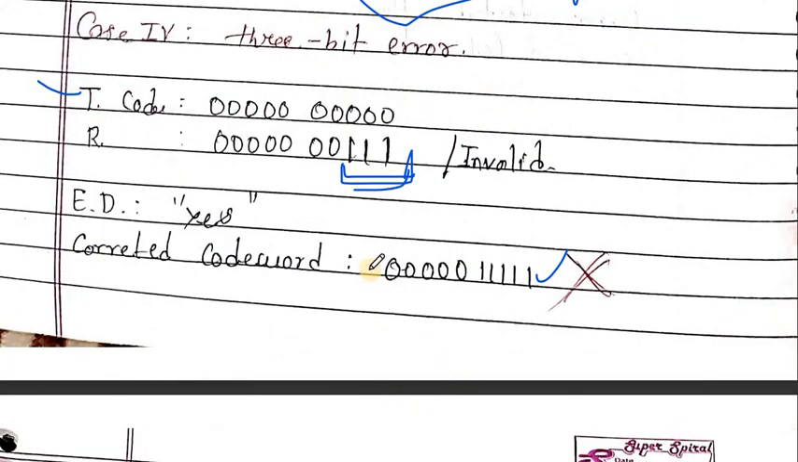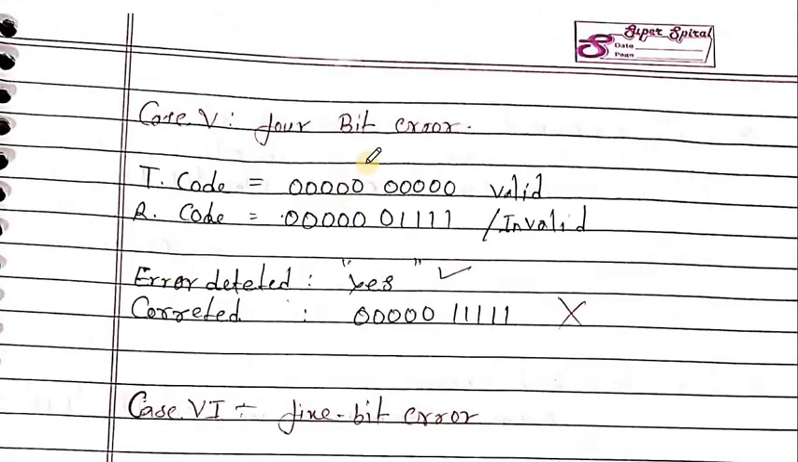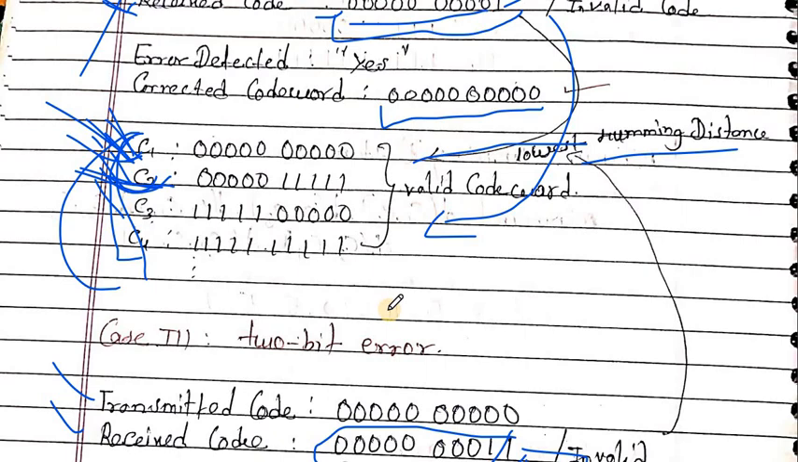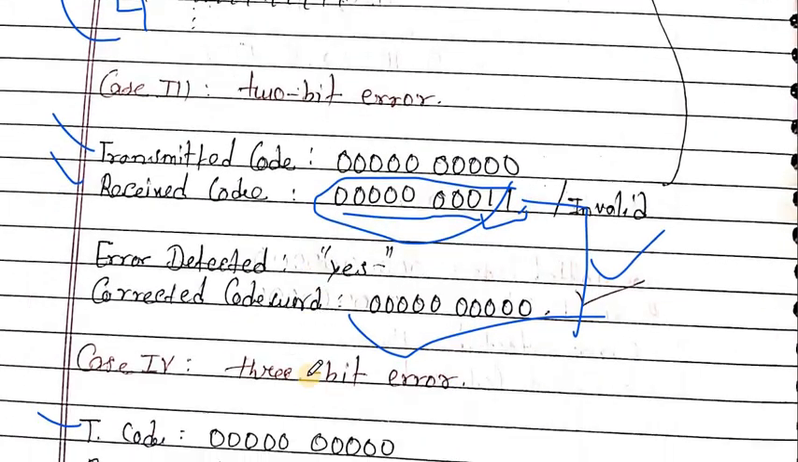So the wrong code word is accepted by the receiver end. In case 5, if there is a 4-bit error, then the error is detected by the receiver end, and if the receiver checks the Hamming distance between the received string and the valid code words, the receiver will find that